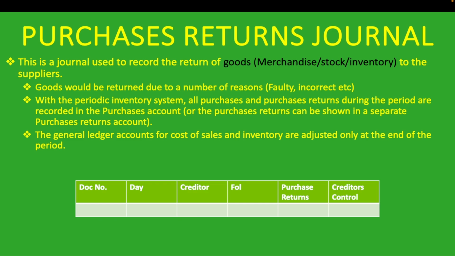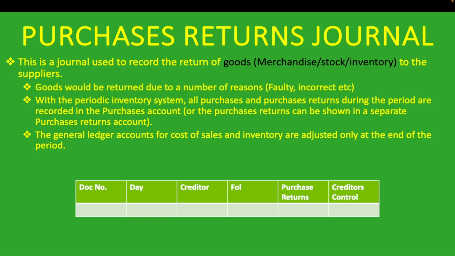Because remember, the purchases journal will have a heading, all right? And the heading there would be the purchases returns journal for the month of May 2024. And so here you're just putting the date, day 5, day 6, and everyone would know it's May 2024, for instance. And the third column is for creditor. Who is the creditor to whom you are returning these